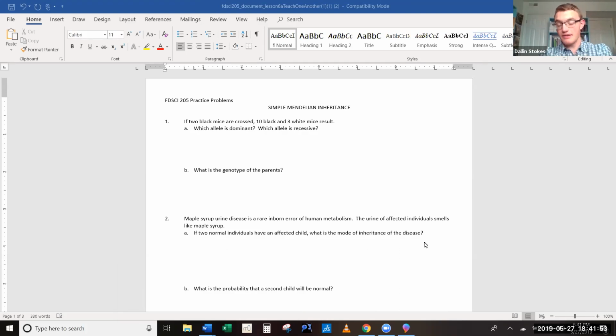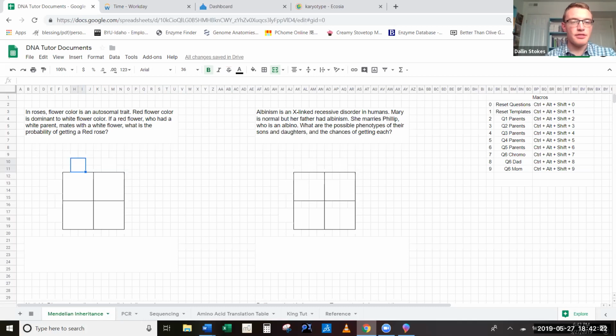So we call it Mendelian inheritance because it's named after a gentleman by the name of Gregor Mendel. And he was a priest that did some genetics crosses with pea plants and discovered these inheritance patterns. And so we named it after him. So that's where the name Mendelian comes from. Really all it is, is the name for this inheritance pattern. So here's